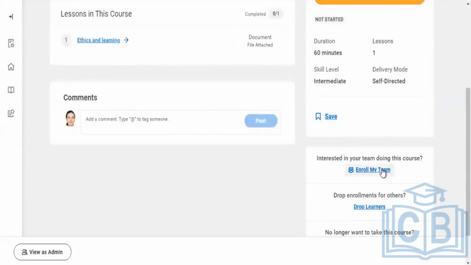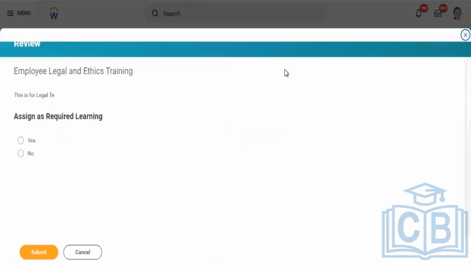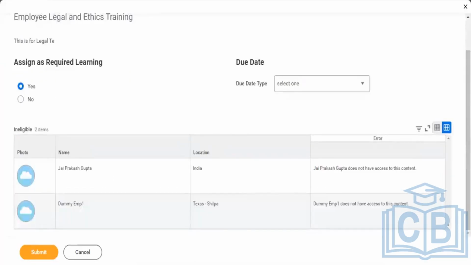You can see enroll my team. You can see it as required learning, the same must and should learning. The team members that Jacqueline has are Jay, Prakash, and one employee dummy.